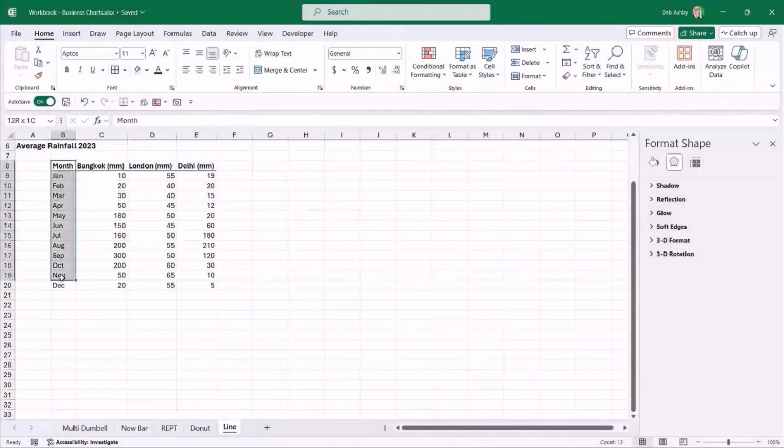Here we just have some data related to average rainfall for 3 different cities. So Bangkok, London, and Delhi. And I want to represent this in a line chart. And I will say straight up front, line charts are for time-based data. So data that is going to change over a period of time. So